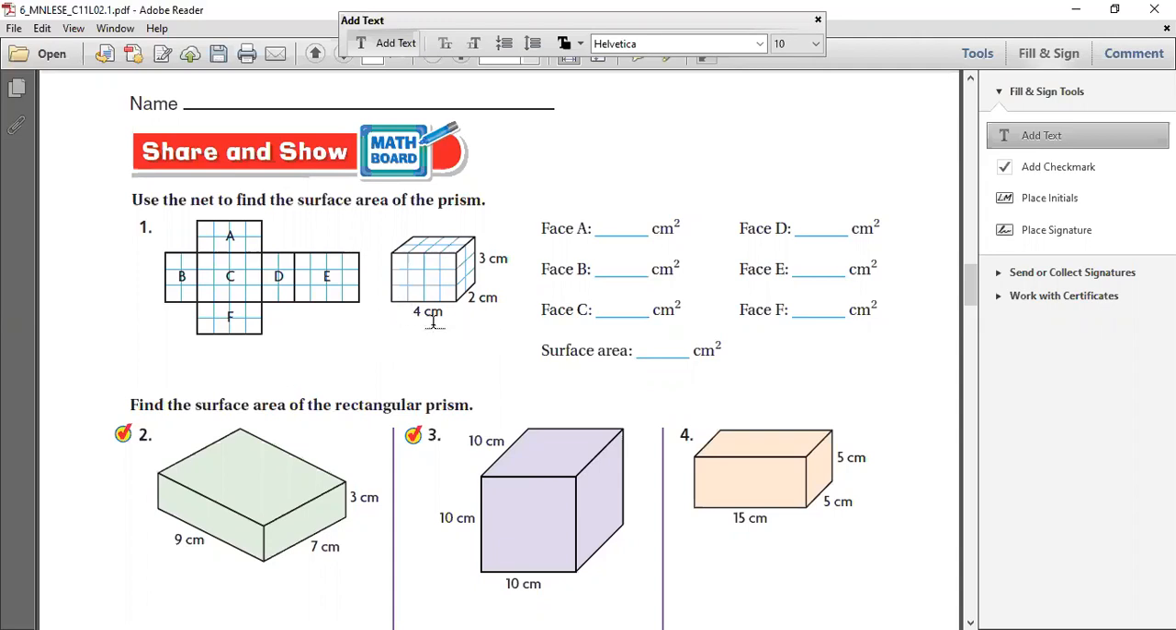Now, as the picture says, if this is 4, what else is going to be 4? Of course, the opposite one is also going to be 4 centimeters. Okay, now if this is 3, they give the height as 3 or the length as 3, so this part is also going to be 3 centimeters, right? Now if this side is 3 centimeters, this side is also going to be 3 centimeters, correct? Now